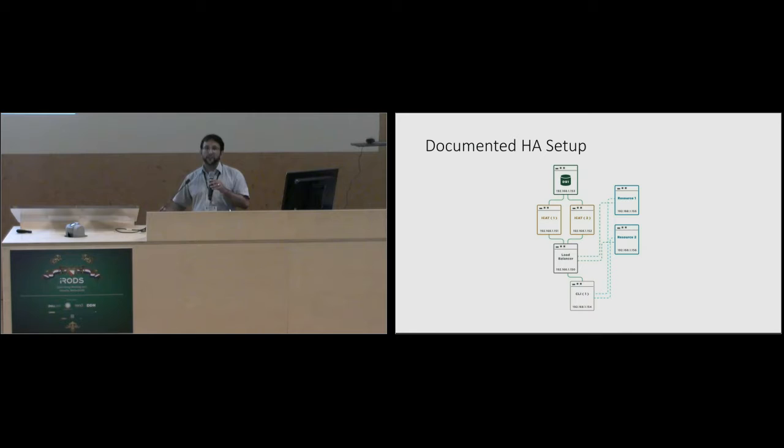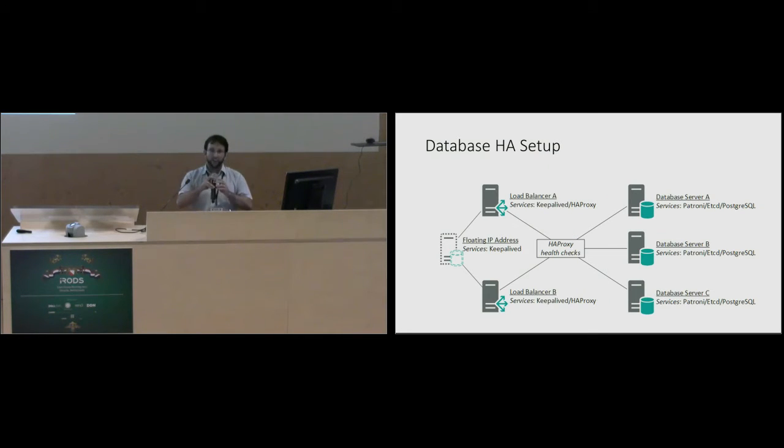As I've said, we support 4 different institutes. Each institute has their own governance, their own projects, and so when it comes to providing my scientists with a tool, I need to be able to roll that out time after time in a way that works time after time. So I took the documented HA setup, and I've built all of this into Ansible, including a database HA setup. The back end is still Postgres. On top of that, I've layered another open source project called Patroni. It's all in Ansible. You just kick it off, point it at a couple of parameters, and we have an HA at the front, at the back,